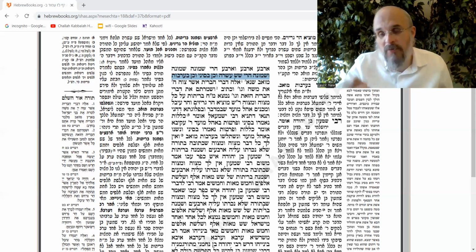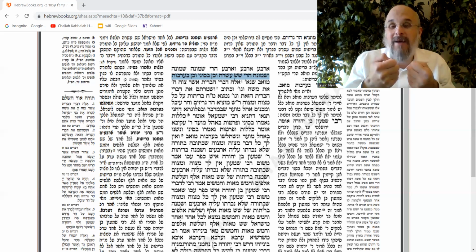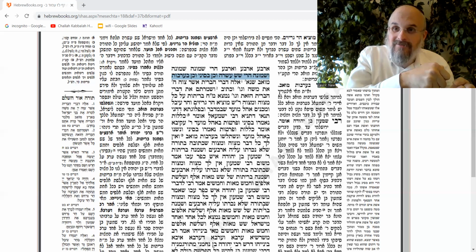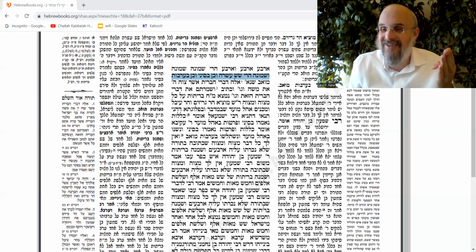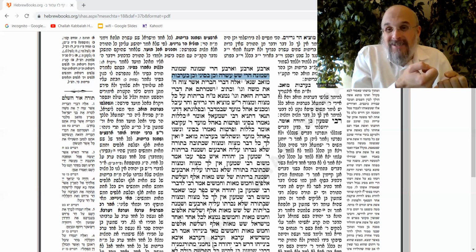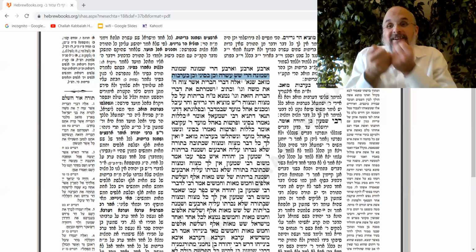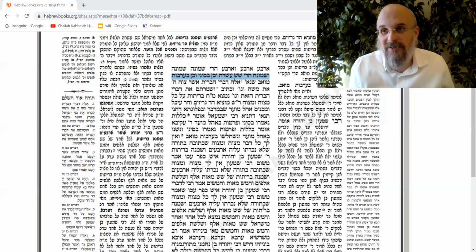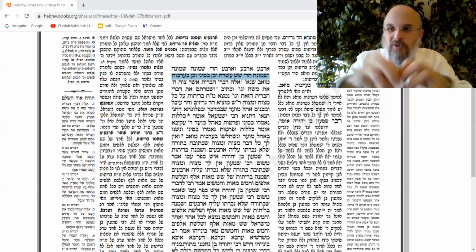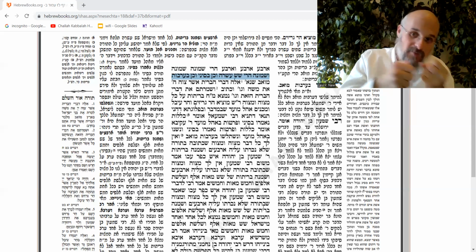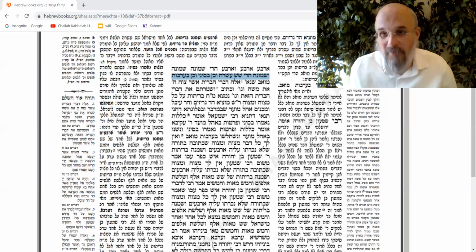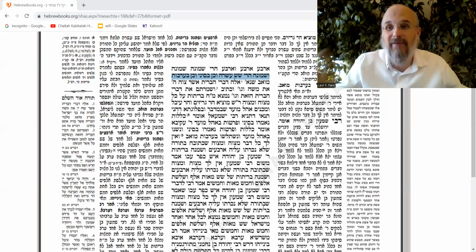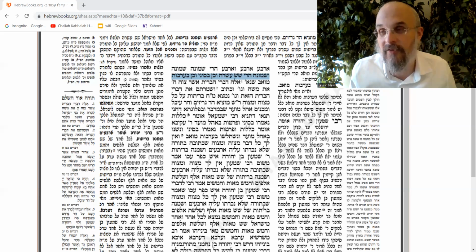Every mitzvah has the perform and the guard. Whether it's a negative commandment and therefore the dominant is the guard and its four components, or whether it's a positive commandment where the dominant is the perform with its four components, the general and specific, they all include each other. Every mitzvah, whether it's positive or negative, has both the performance and the guarding, the love and the fear, and the love and the fear itself is broken down into the four categories.